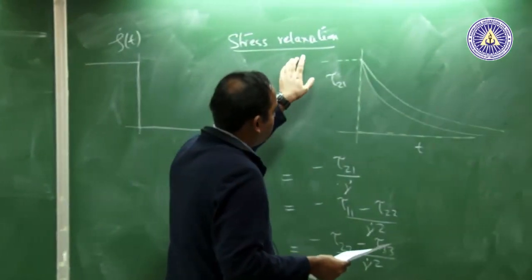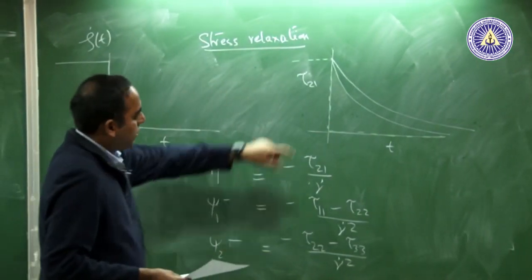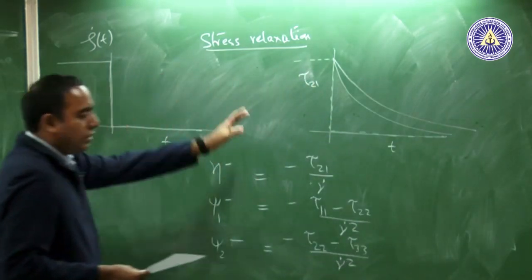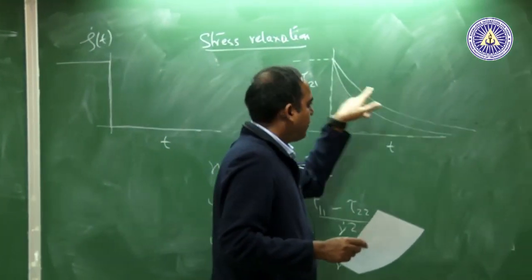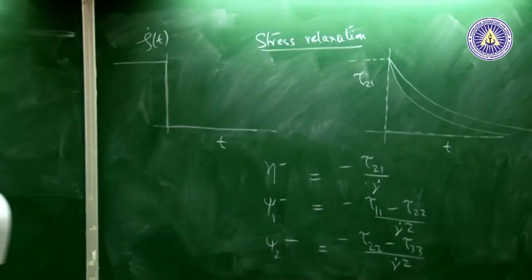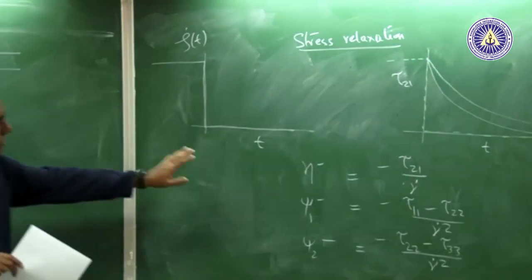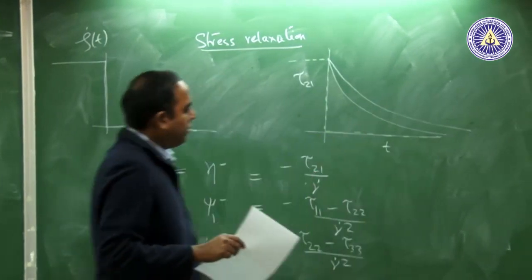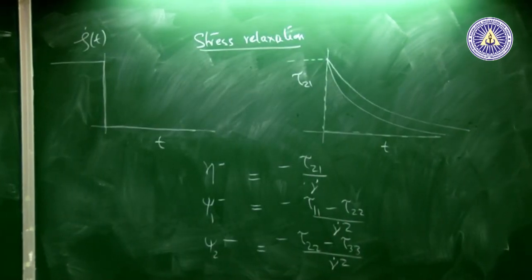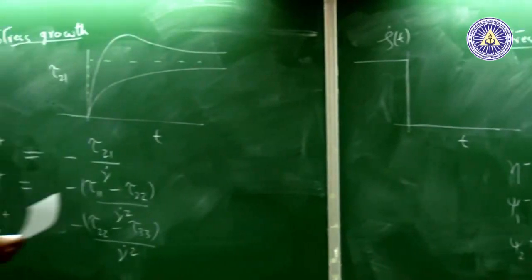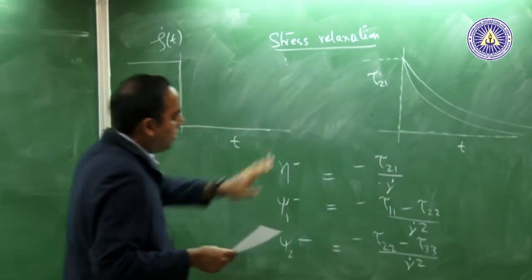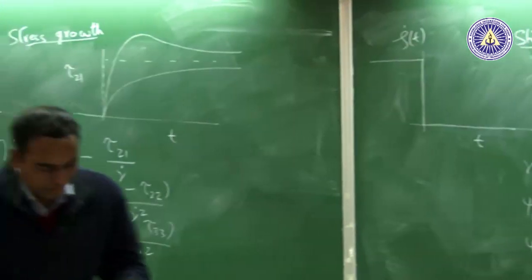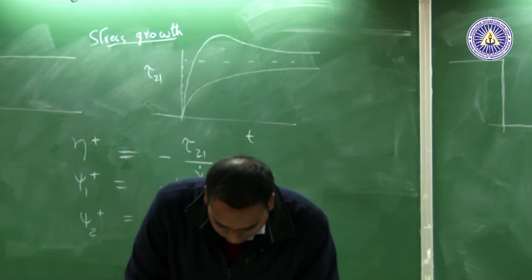So, you do a stress relaxation experiment, you measure the value of stress, and you notice that it decays with time, and you fit the decay to some sort of exponential, and that time constant is actually the relaxation time of that non-Newtonian fluid. But the stress relaxation time is not important as of now. It will come up in later aspects. I will probably talk about some details of it in the next class, but as of now this is just information that there is a decay, and the decay constant is the relaxation time that we typically define in polymeric liquids. Okay,